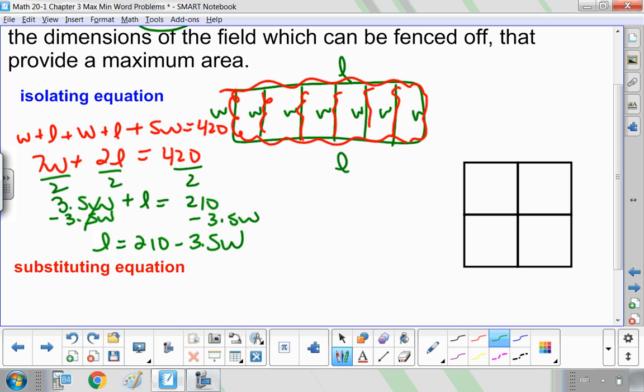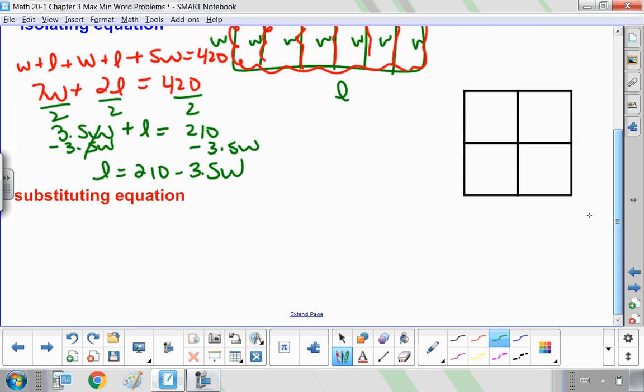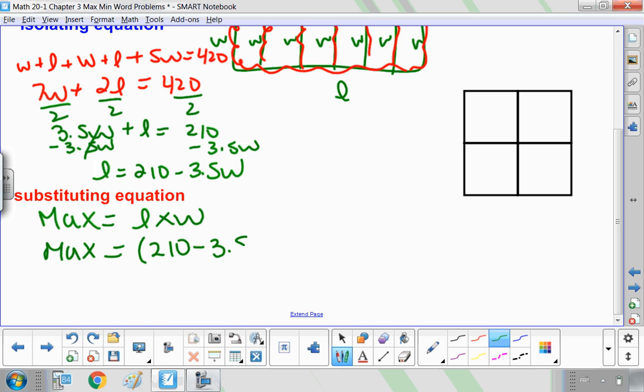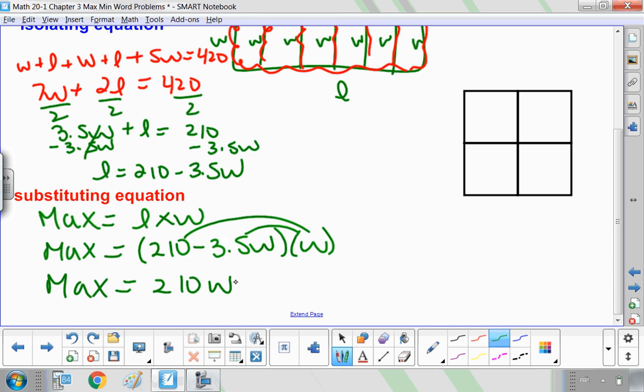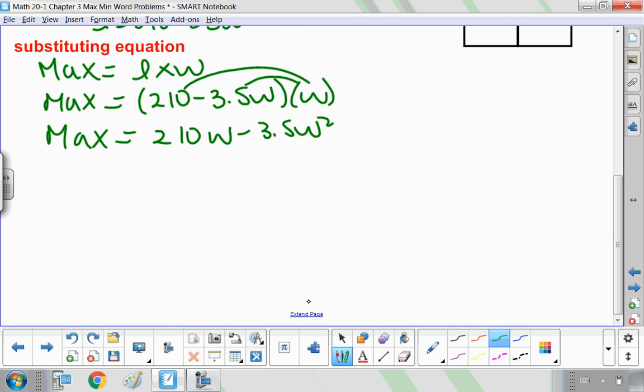So that's my length. Now let's go to my substituting equation, which is my maximum area. Maximum area is length times width. We're only allowed one variable, which is why we isolated for length. So my new length is 210, take away 3.5W, and we'll multiply that by W. Using the distributive property, I get that my maximum area is 210W minus 3.5W squared. Or let's just write that with our W squared first. My maximum area is negative 3.5W squared plus